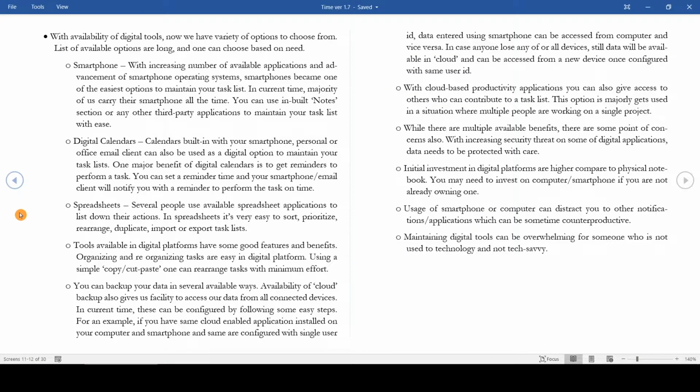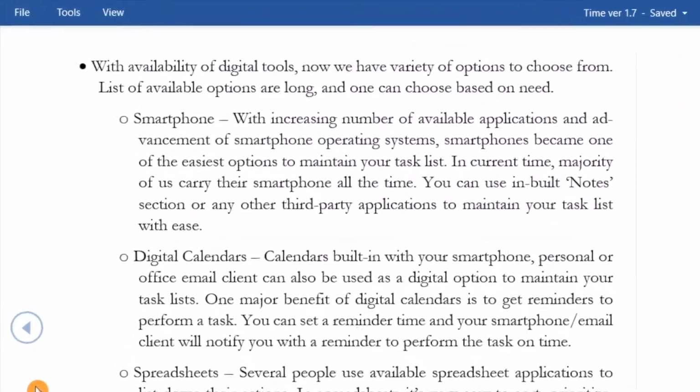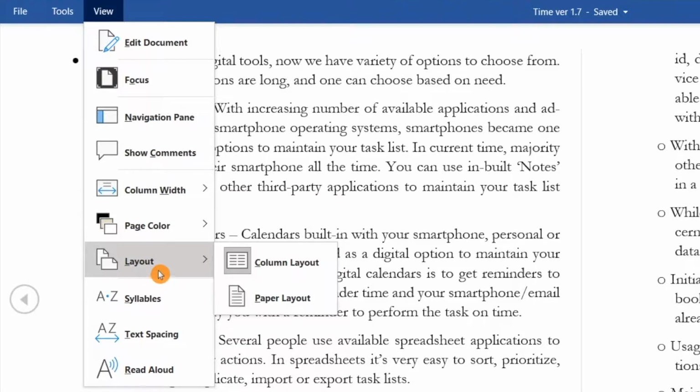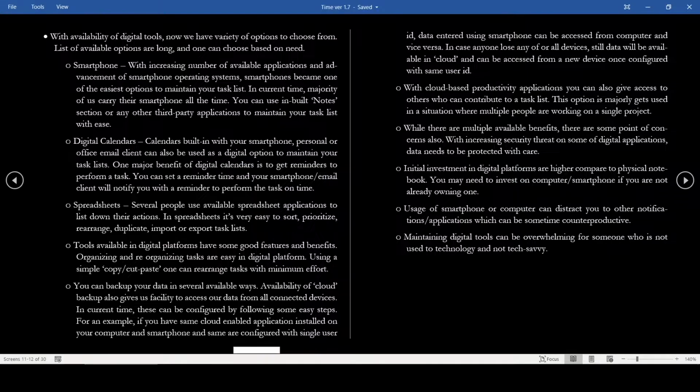So think about a scenario, you are reading this document in the night time and you wanted to avoid this bluish white light, and there are certain features available. So let me just go to this view menu, and there are certain options there. Now if you go to this page color and then go to inverse, so now this entire view will get changed. Let me show you what will happen. Now you can see this entire page became black and all text is showing in white. It may be very useful whenever in the night time you are reading something.